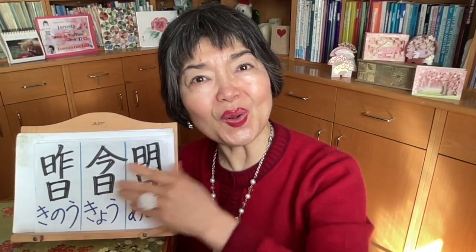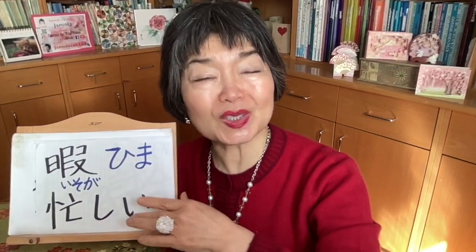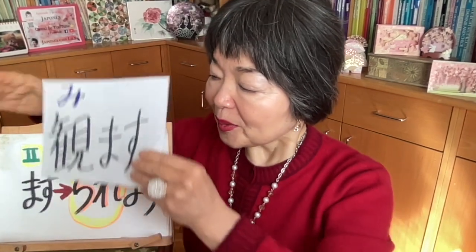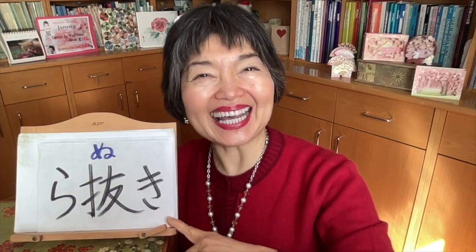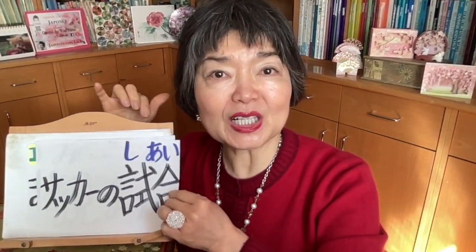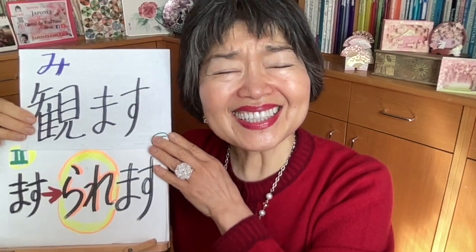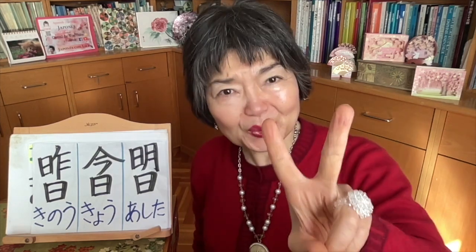And now the casual way, but still the correct way. 昨日忙しくてサッカーの試合が見られなかった。The same sentence but with ら抜き, omitting ら. 昨日忙しくてサッカーの試合が見れなかった。